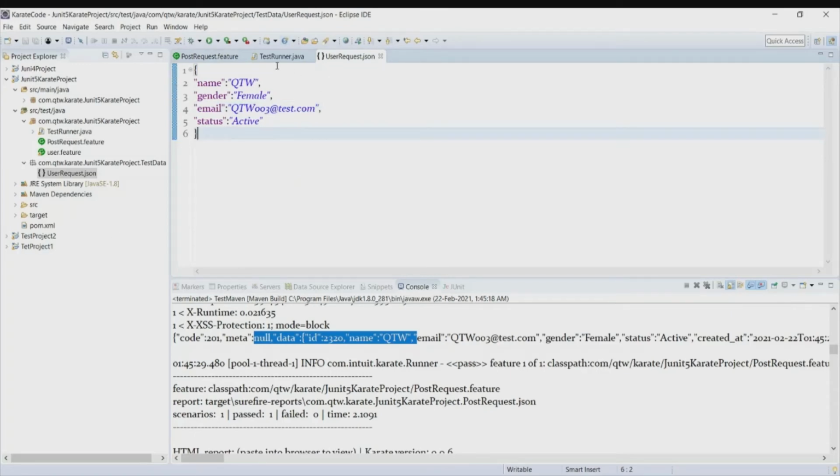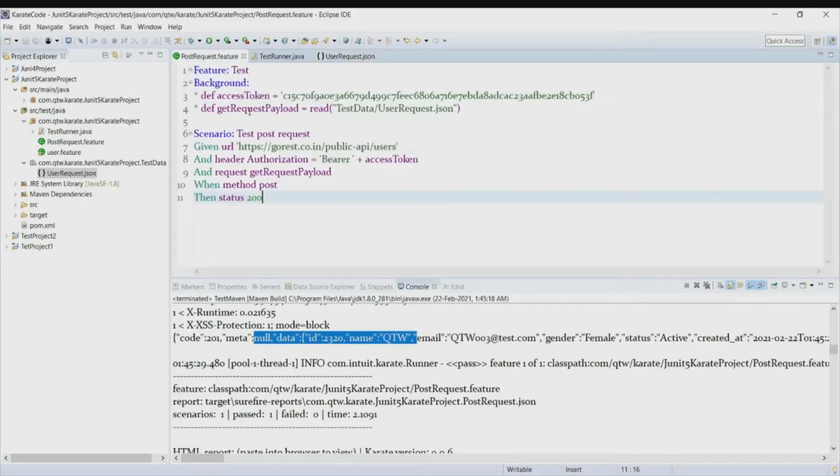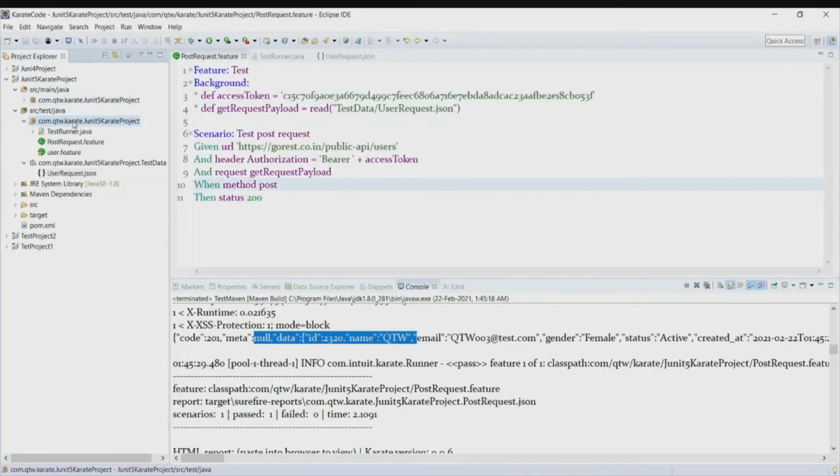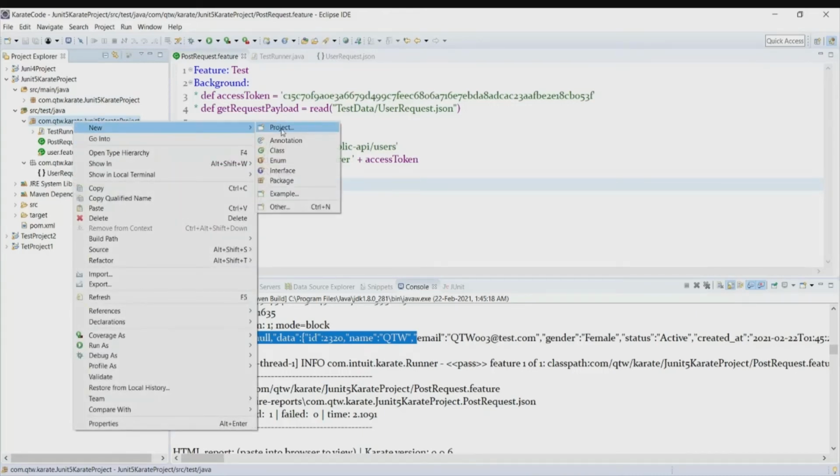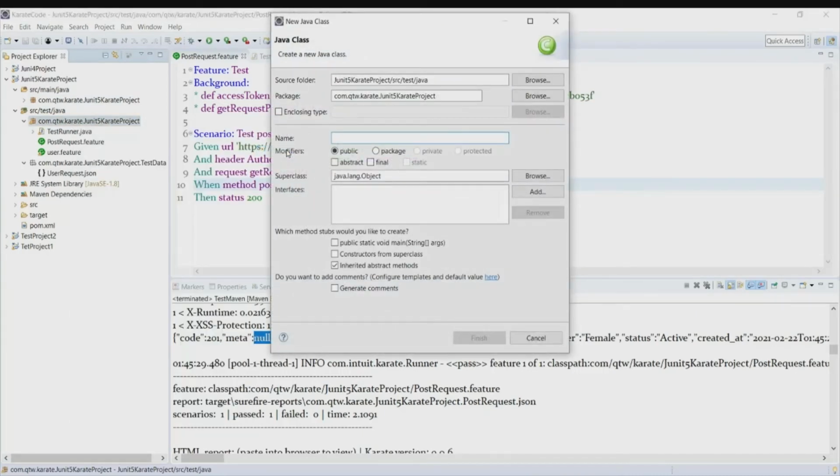There are different ways. You can use some utility, or you can generate some random data and then append it to this email ID. So let us create another feature file which will generate the random data for us.